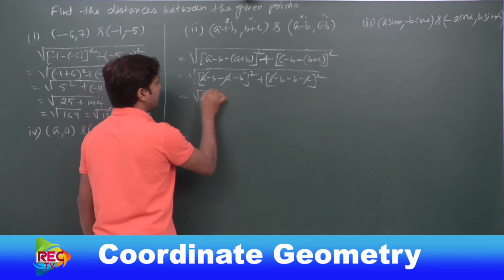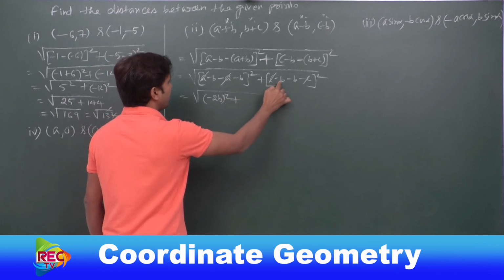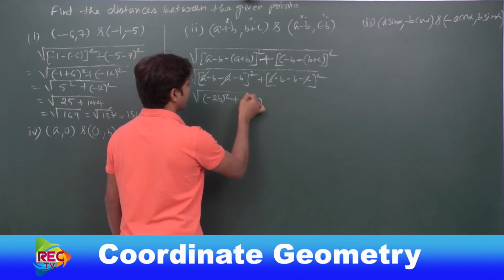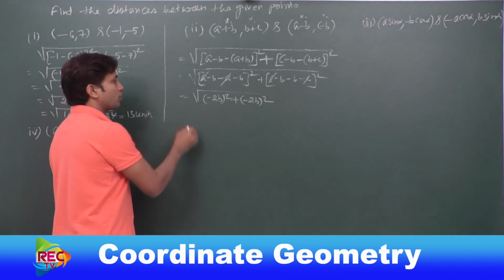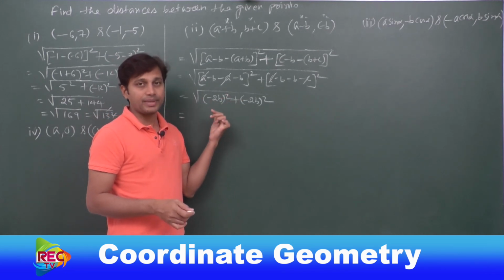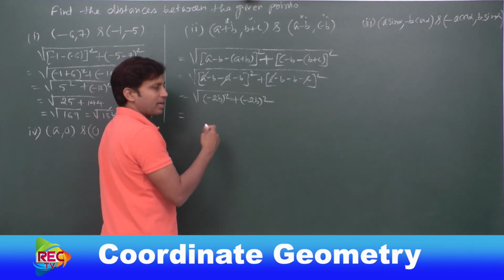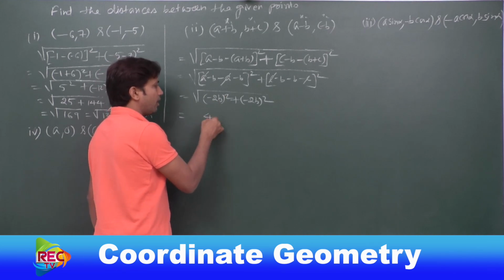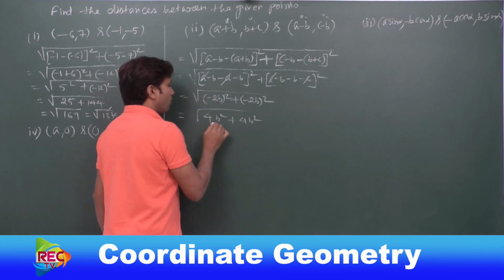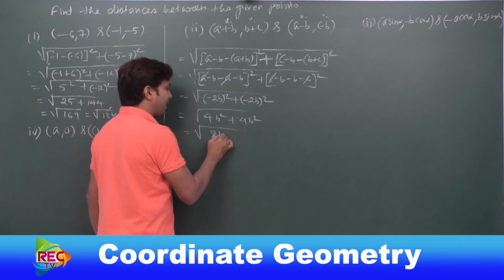Now what is left inside? Minus b minus b, minus 2b whole square, and here minus b, again minus 2b whole square. So this would be how much? Again I said, if an even number is in the power of any negative base, the result will be positive. So now we don't need to consider this minus symbol. So 2 square would be 4 and b square, and here also 4b square. Now what is 4b square and 4b square? These are two like terms, so we can add to get 8b square.